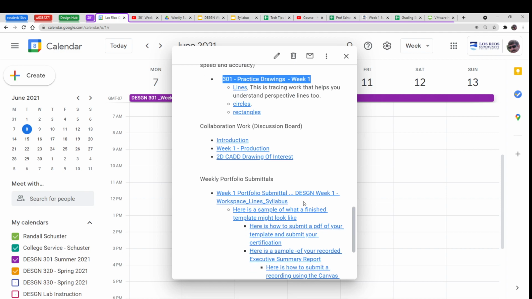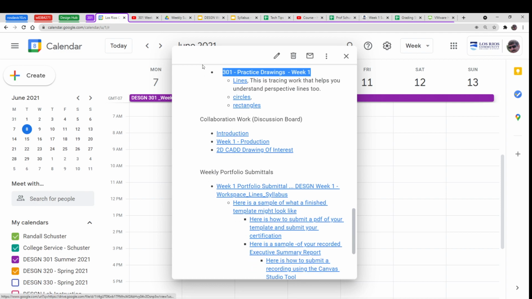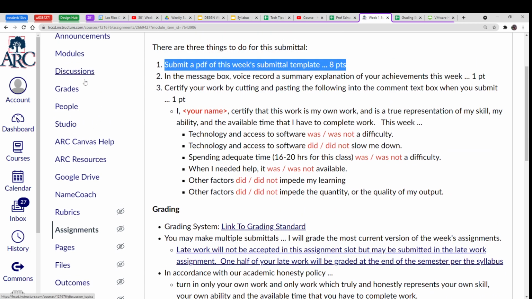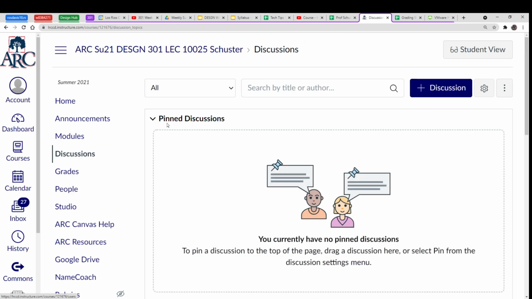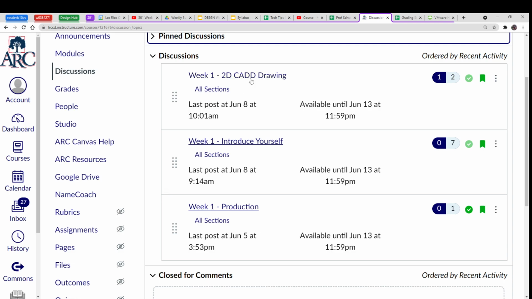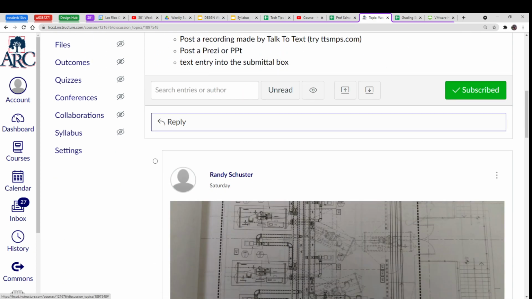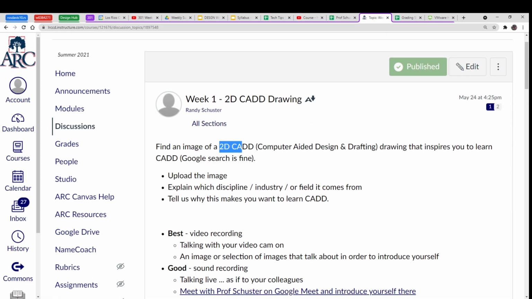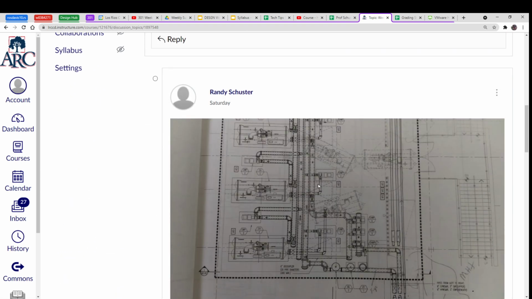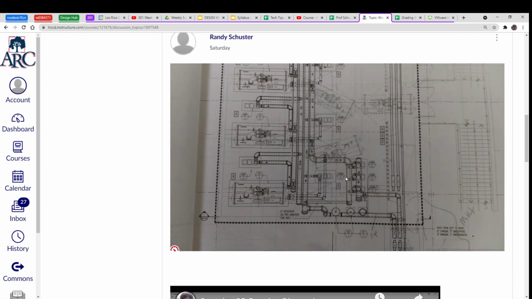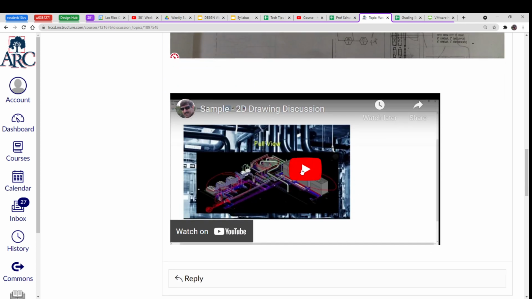And the last thing is our collaboration work. So I want to look at that really quickly. So there's 3 things to do. One is an introduction. Please introduce yourself. 2 is just look at a CAD drawing and tell me about it. So I made a fancy one, but I picked a drawing that I worked with in the past, but just pick it and you don't have to put it in, but you should practice making